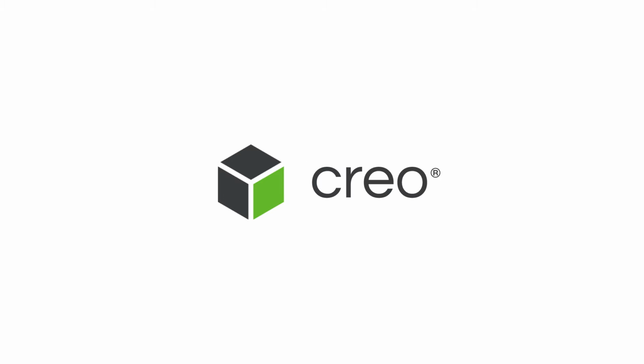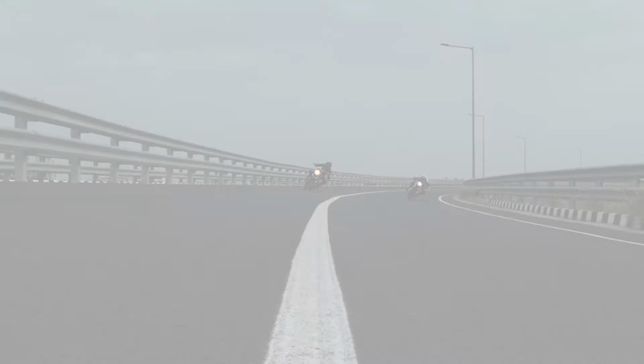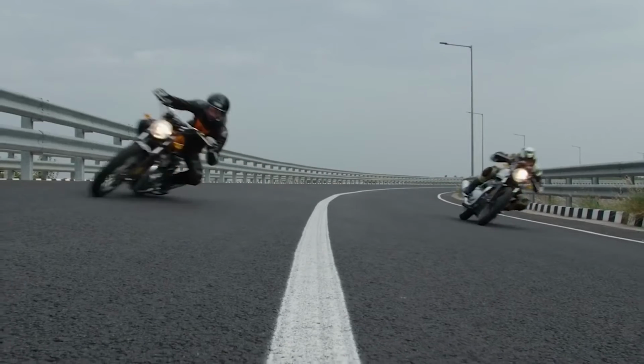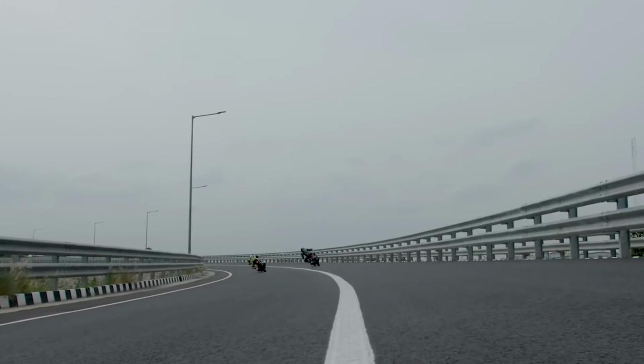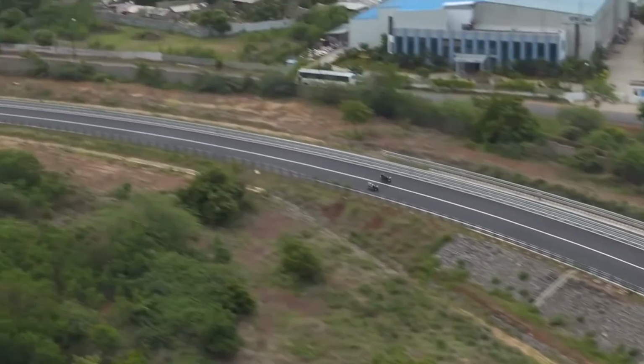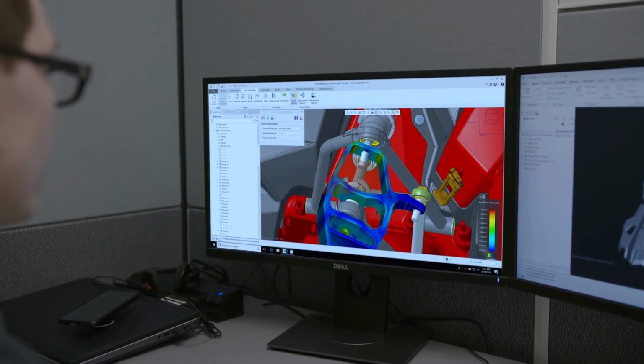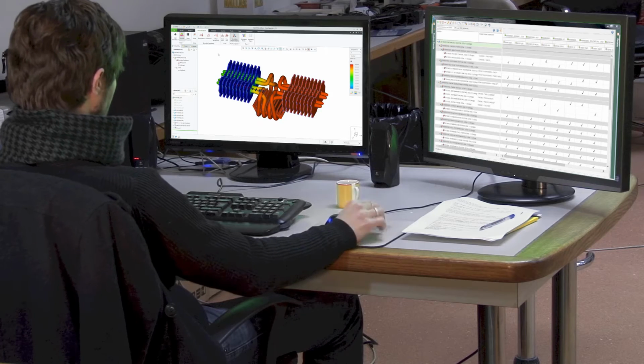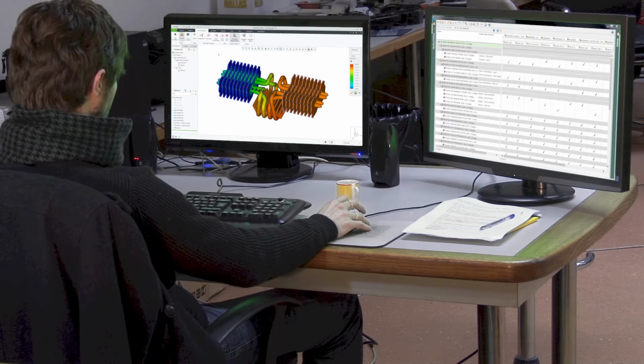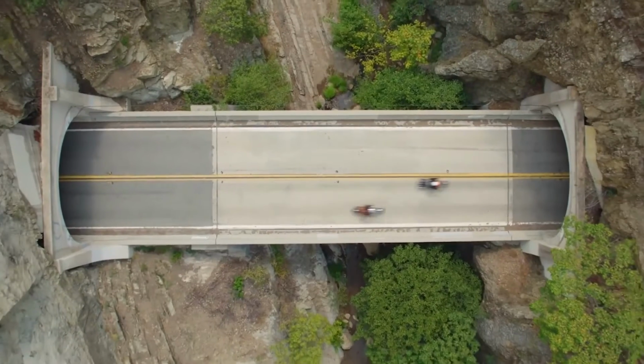The process of product design continues to evolve, and so too should your CAD software. Introducing Creo 7.0, the most innovative and powerful 3D CAD software on the market today. Creo 7.0 introduces breakthrough capabilities in generative design, real-time simulation, and additive manufacturing, in addition to numerous productivity enhancements such